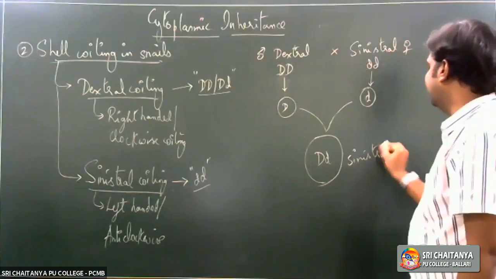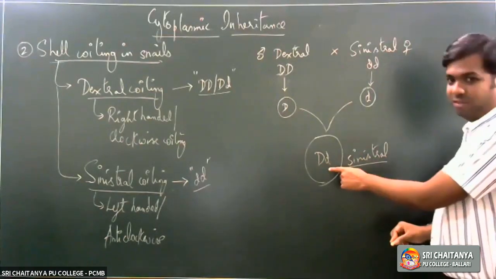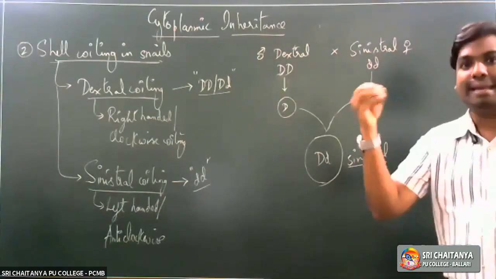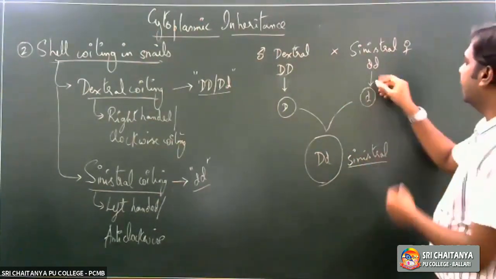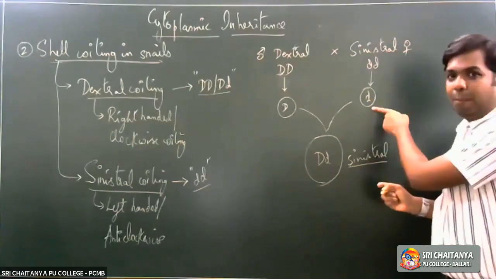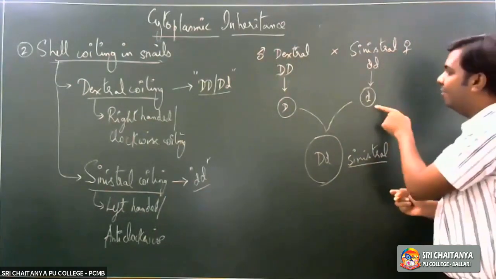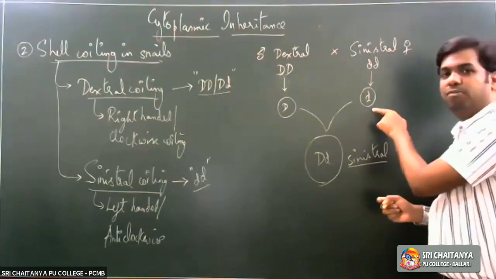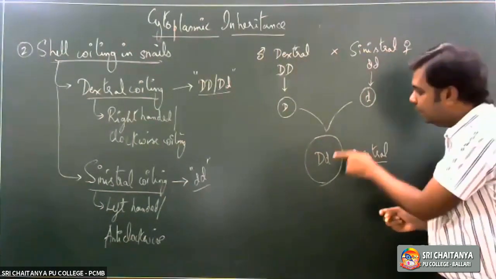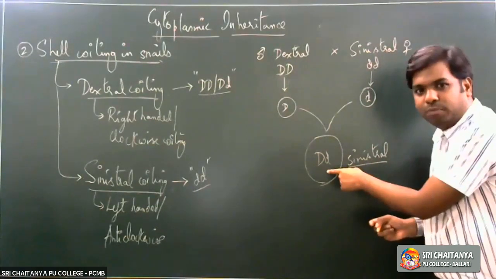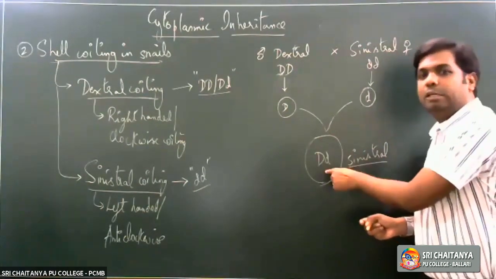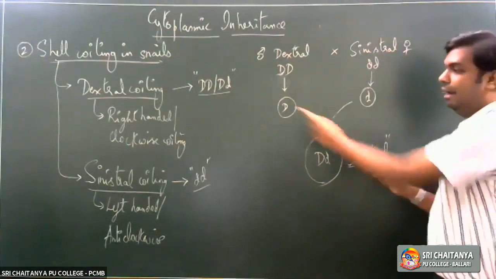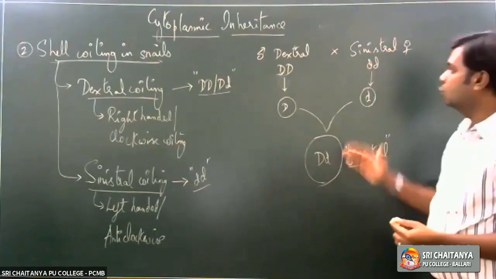So you can ask me how exactly sinistral, because capital D is present. Right. So what exactly we are talking about is the inheritance from the mother. The cytoplasm of the female gamete does not have the protein. Since the protein is not present in the cytoplasm of the female gamete, the proteins are not inherited into the zygote. Since the proteins are not inherited into the zygote, the type of coiling here would be sinistral coiling, that is left-handed coiling. Right. So this is what we have.